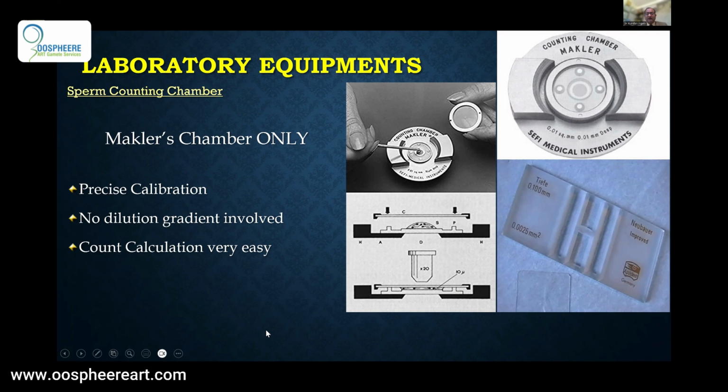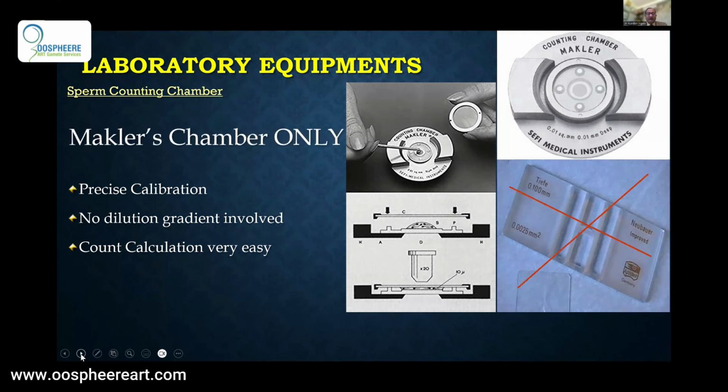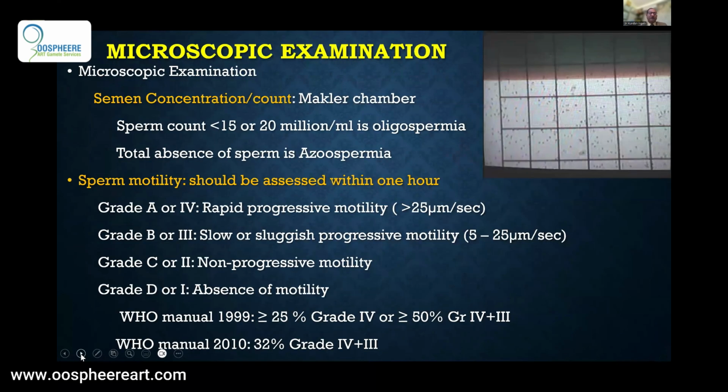How do you do that? It's very simple. The cover slip has hundreds of squares marked on it. So when you assess, you go across 10 squares. You may start from left, from right, from up, or from below, but check the number of sperms seen from 1 square to 10 squares, and that number is exactly equal to million. Whatever value comes is the million per ml sperm count. So I feel that it is the very quickest way to assess sperm count, and that's why the Makler chamber is the most important thing.